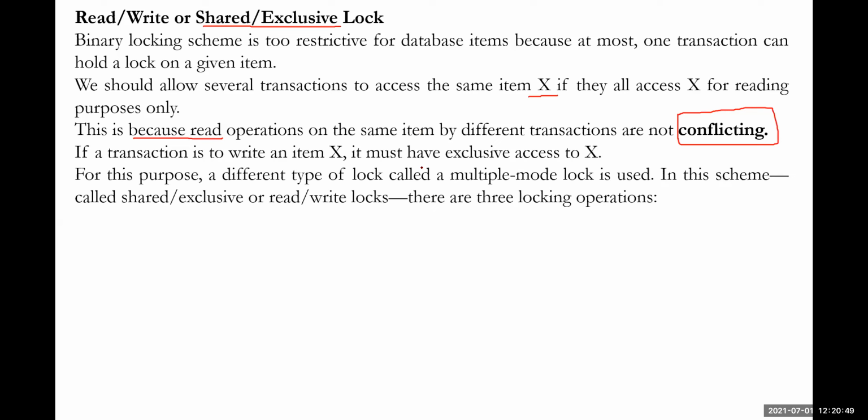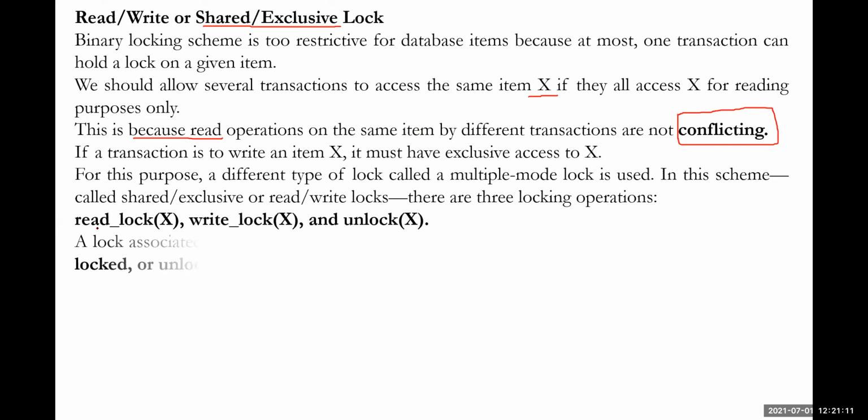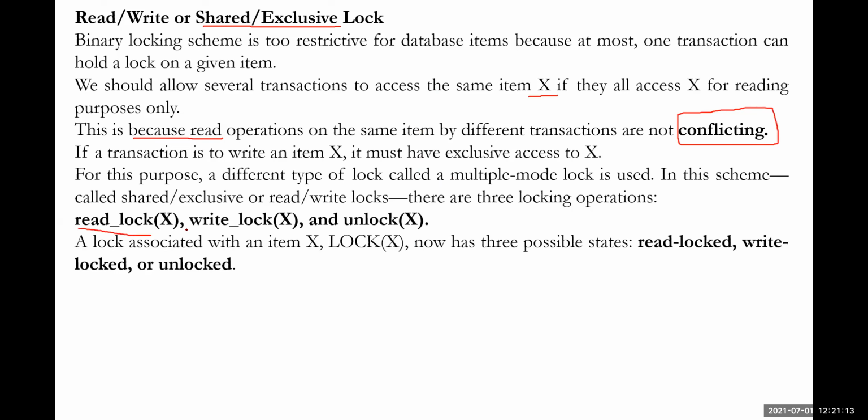So these two locks are very much useful for us: read lock, write lock, and unlock. Otherwise, as far as the practical approach, shared lock, exclusive lock, and commit. Theoretically we write unlock directly, and these operations are implemented. So let us consider read lock, then write lock, and then unlock.